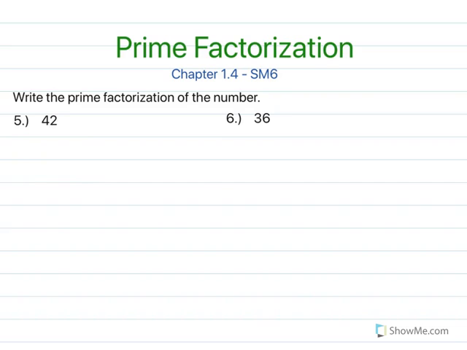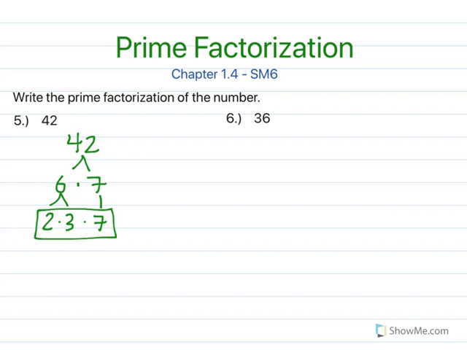Here, it tells us to write the prime factorization of the number. So I'm going to take the 42. One way you can do it is you can do a factor tree. With this, I'm going to think, what two numbers can I multiply to get 42? Well, I can get a 6 and I can get a 7. 6 times 7 is 42. I stop once all of the factors are prime numbers, hence the name prime factorization. So 6 becomes 2 times 3, and then bring down that 7. And I'm all done. They're all prime, so I can just leave it as 2 times